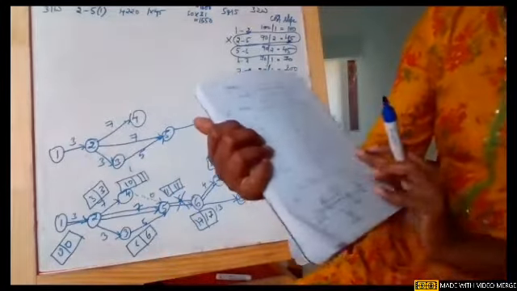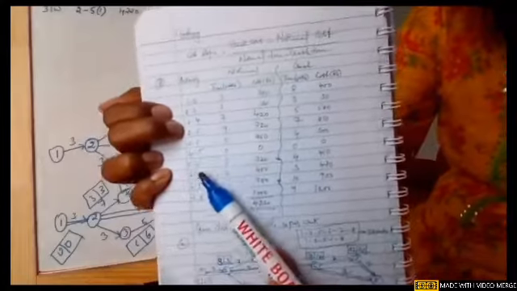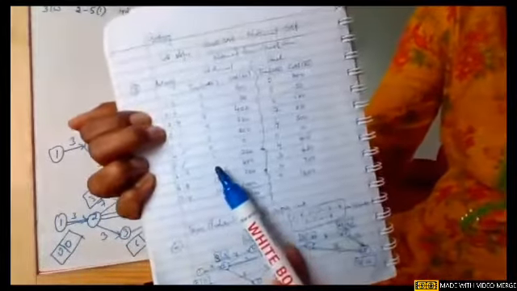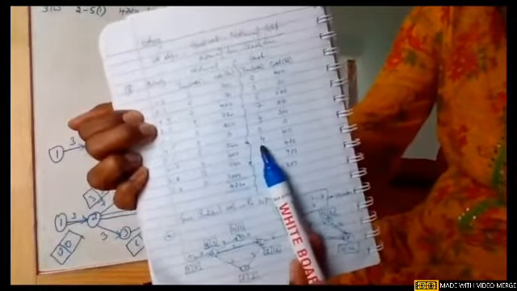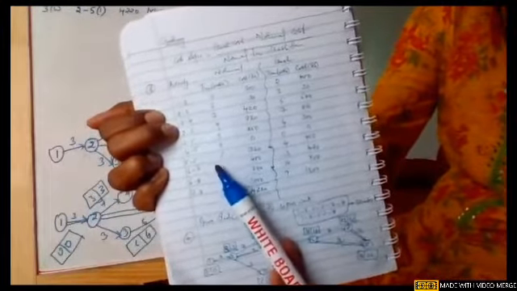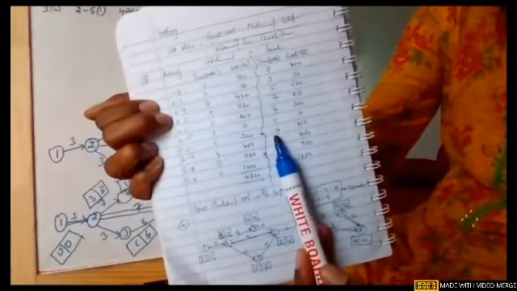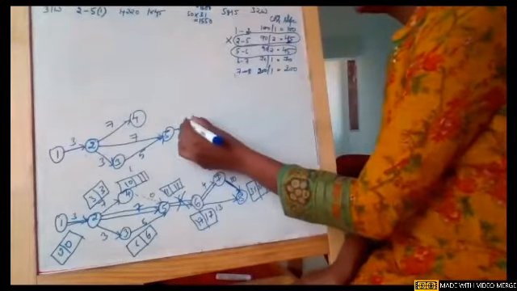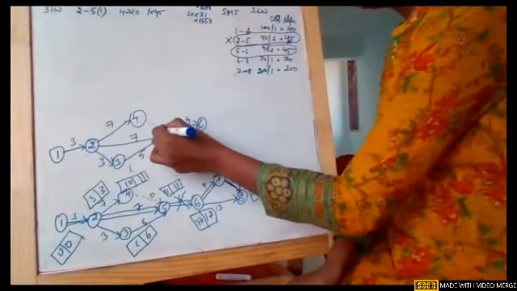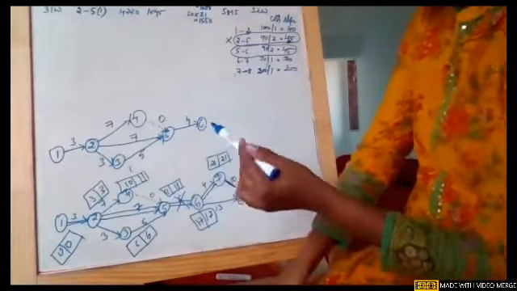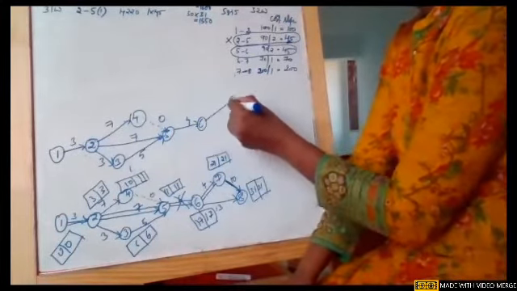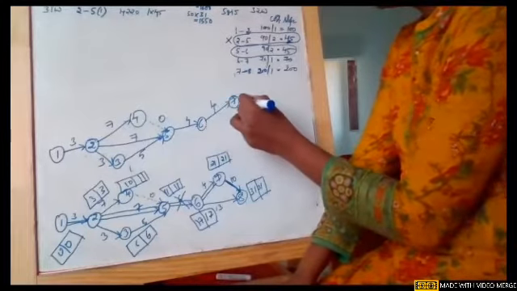I'll just show you here for the activity. Where is 5 to 6? This one. Yeah, this one. So for 5 to 6 activity, the earlier normal duration was 6. Now the crashing duration is 4. So now I'll just take 4. 4 to 5 it is dummy, which is 0. And then 6 to 7. 4 and 7 to 8.